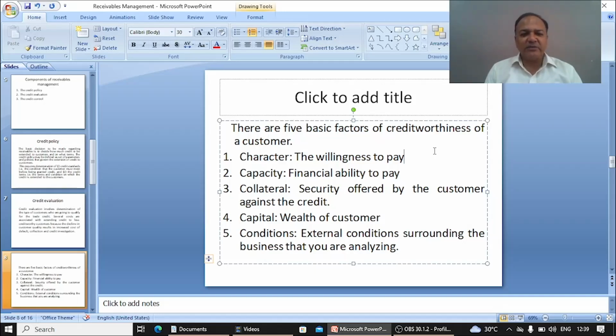But if the customer doesn't have the willingness to pay, then it will not be easy for us to collect the fund from the customer. Now, what is the method to check the character of any person? Whenever we have to check the character, we have to see